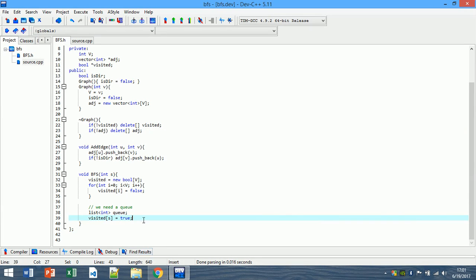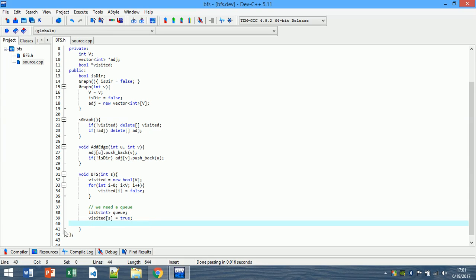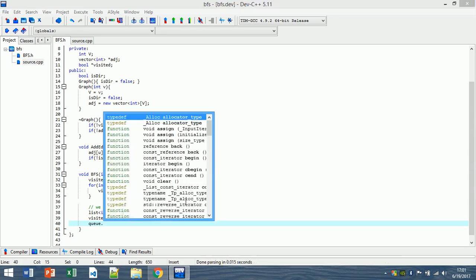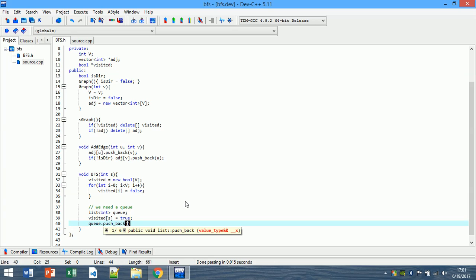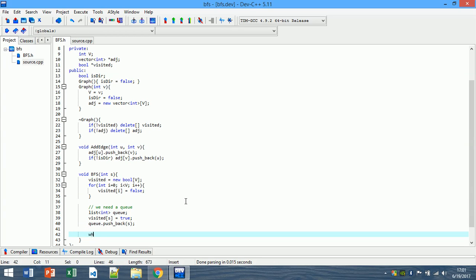After that, visited s equals true. Queue dot pushback s. While our queue is not empty,